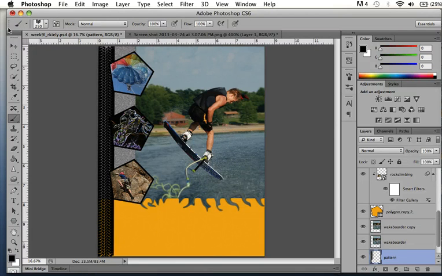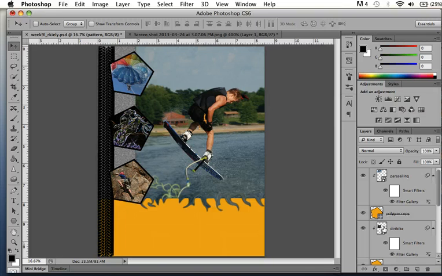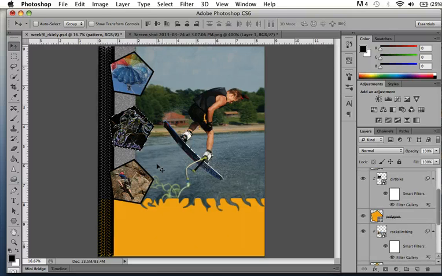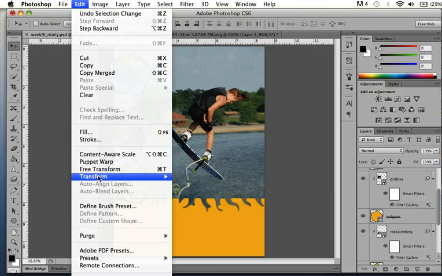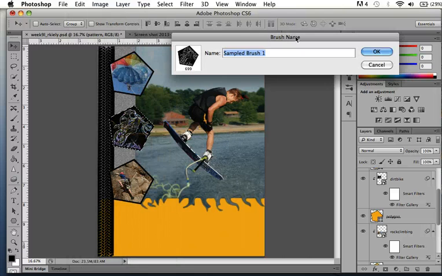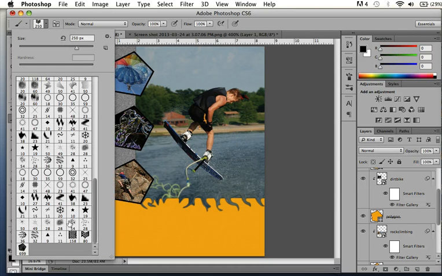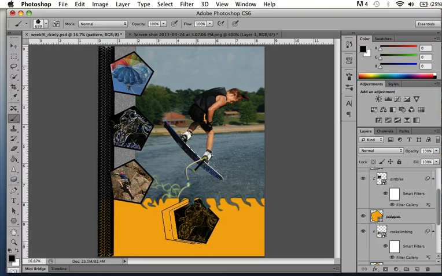And oh, I wanted to show you one more thing. You can turn any image, any selection into a brush. So I just decided I was going to try turning the dirt bike into a brush too. So I hit Control or Command and thumb clicked on the polygon tool that the dirt bike is clipped to, and then I went Edit, Define Brush, Dirt Bike, and then grab my brush, B for brush, and there it is, $6.99, and I